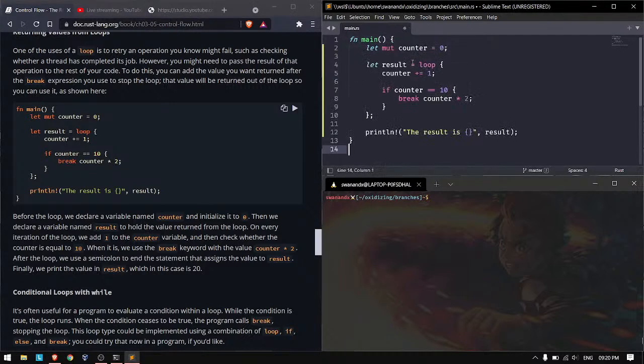Like here, we are using the loop, and inside the loop, we are checking if counter is equal to 10, we are breaking out of the loop. And while breaking, we are also giving it an expression to return, which is counter into 2. This value is going to be returned. So if we run this code,